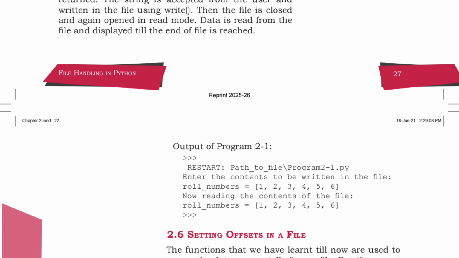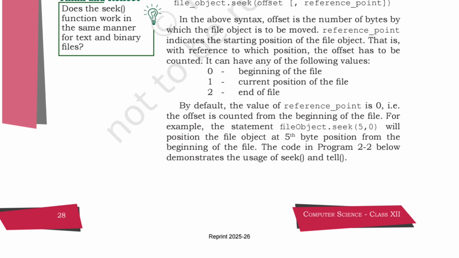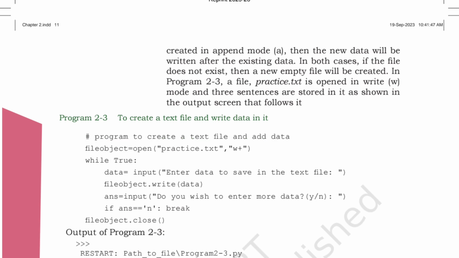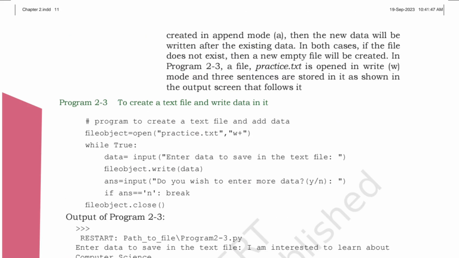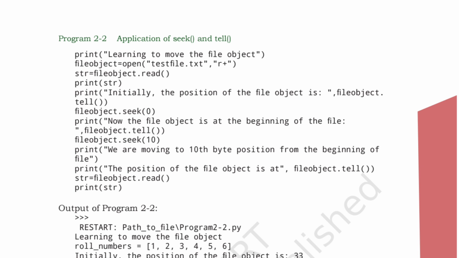So I already taught you setting offsets, that is the tell method and the seek method. After that, the application of the seek and tell methods. This is the program, and the print method is useful for printing purposes. In Python we can directly print something. Okay, after that we are taking a variable, that is the file object, then the open method, and in this